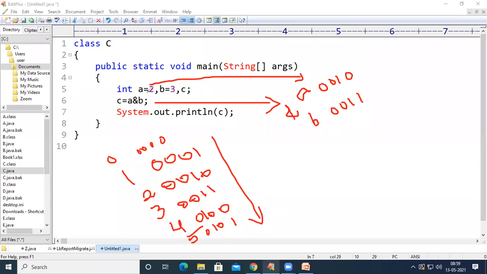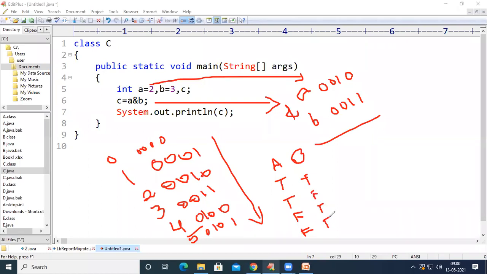When I say 2, that is converted into 0010, and 3 becomes 0011. Now the AND operation will be performed between A and B. Just remember the truth table. Suppose A has true, true, false, false, and B has true, false, true, false.